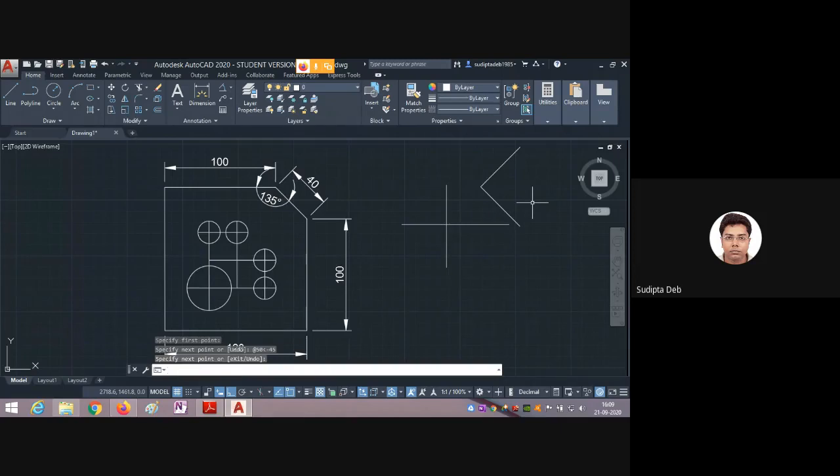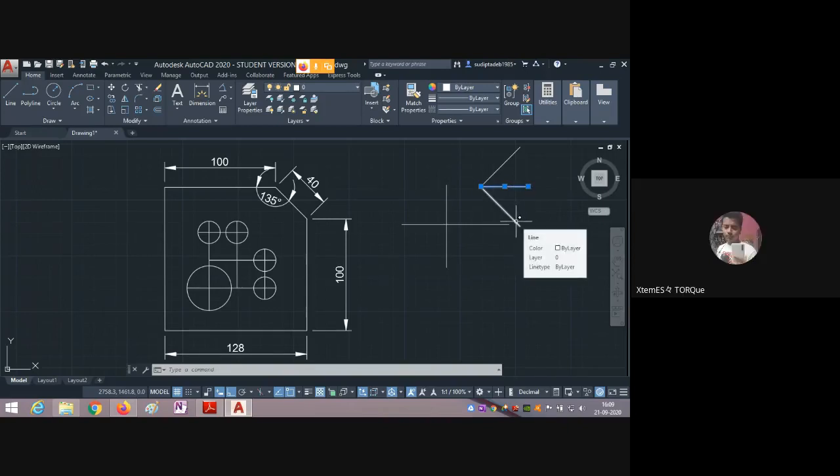When I'm taking minus, it is measuring in the opposite direction. Suppose this is my 0,0. This is plus 45. When I'm taking minus 45, it is drawing this line. It will measure only from the x-axis, always from this point. It is 0 degree, then 45, then 90, then 180. These are all possible.